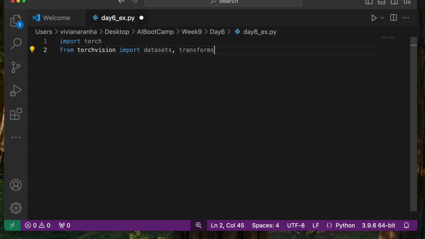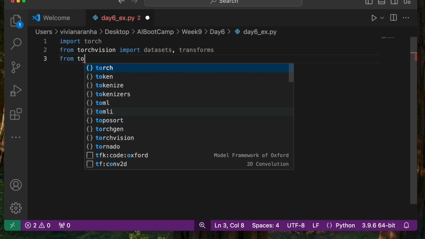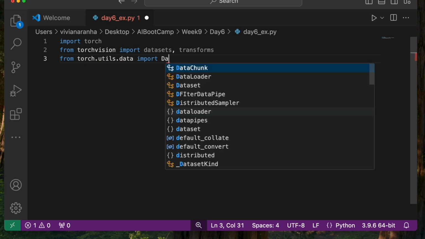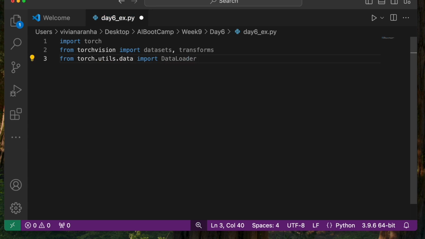The torchvision transforms provide transformations for pre-processing data, for example converting to tensor and normalizing. And finally, we'll use from torch.utils.data import DataLoader. So this DataLoader is a utility to handle data batching, shuffling, and loading in parallel.